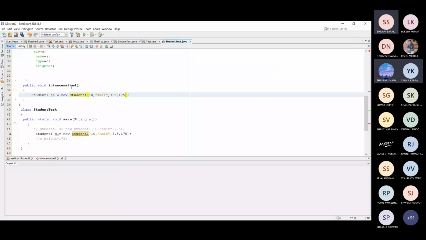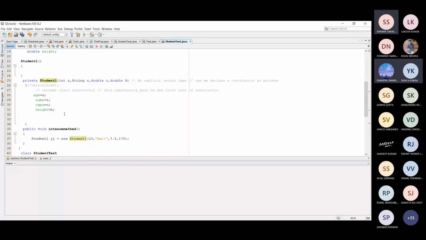And now here this is the instance method that is public in nature. In order to create the object of the Student1 class, because there is a private constructor, you cannot write it like this.